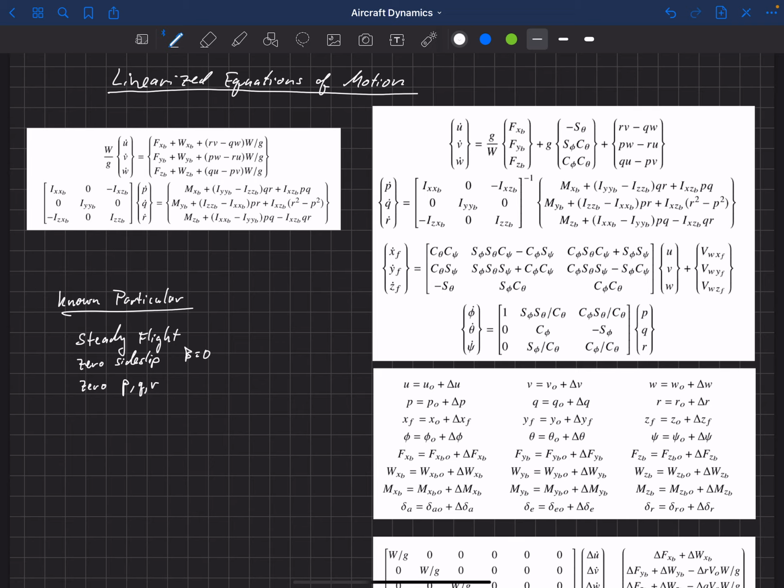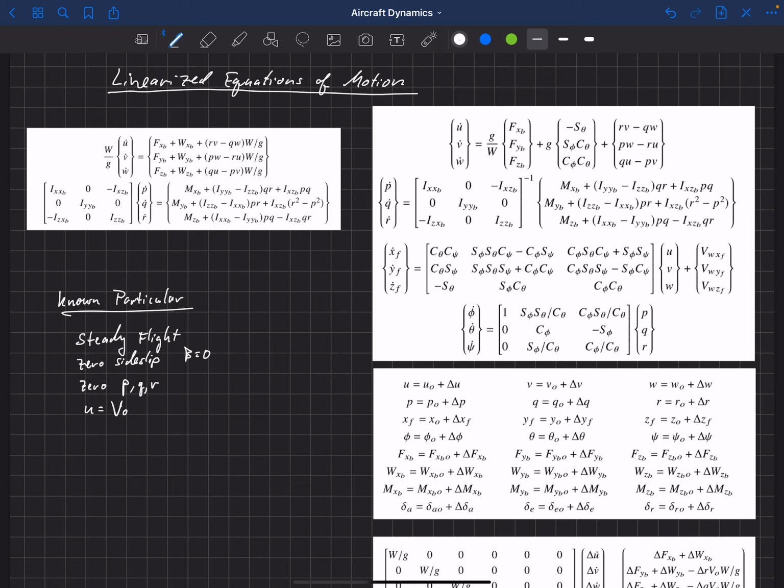And because of this, we can also choose our coordinate system a little bit. So we're going to align the x-axis of the aircraft with the direction of flight, okay? So that's going to simplify things just a little bit, because that means that u is equal to V naught, so we're traveling at some capital V velocity, and we're just going to define the x-axis of the aircraft in the direction of V naught, okay?